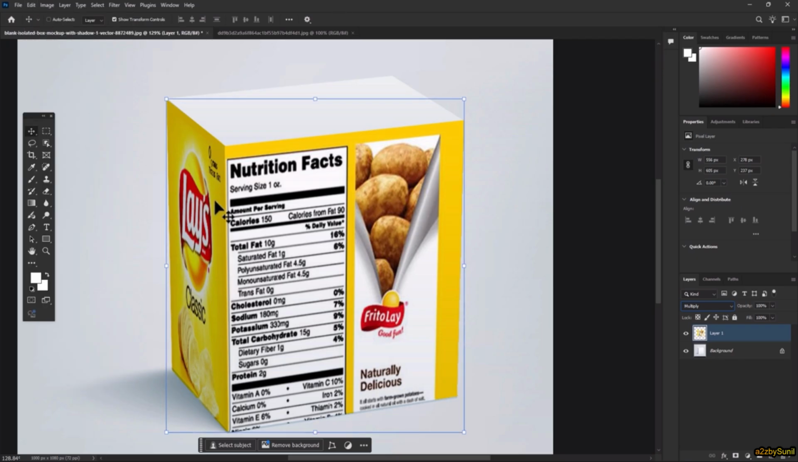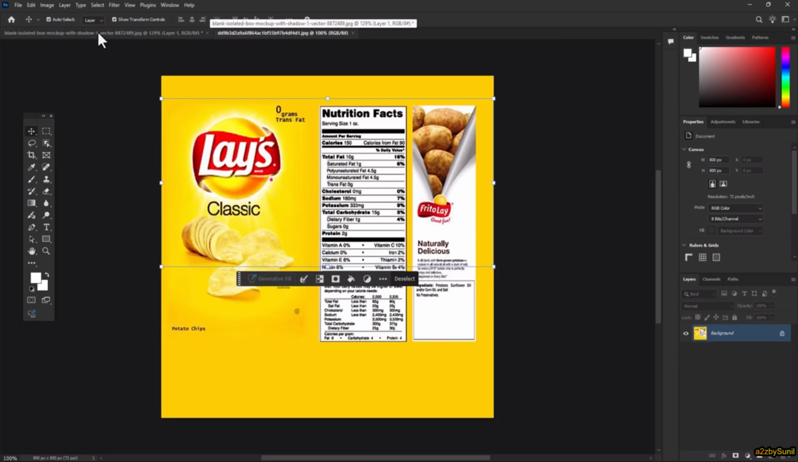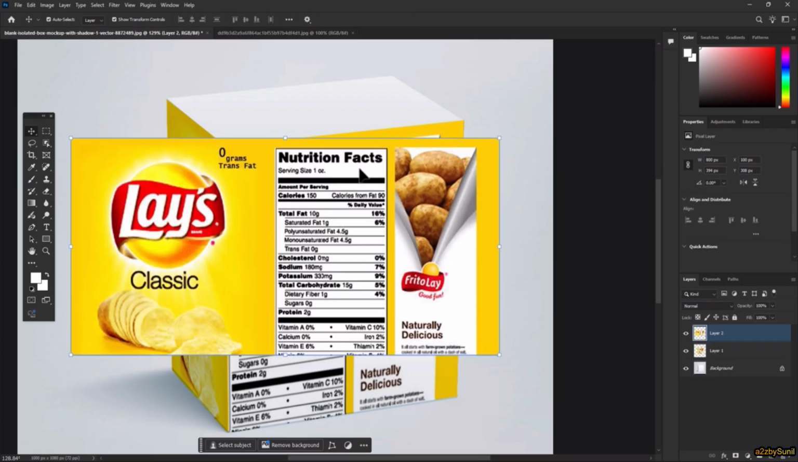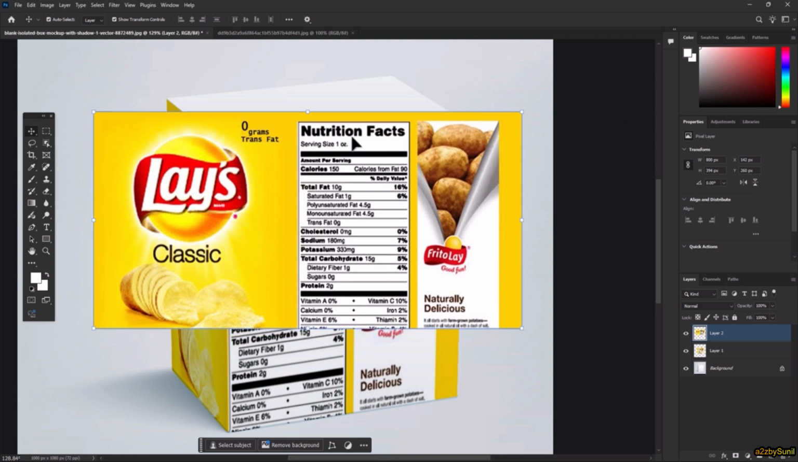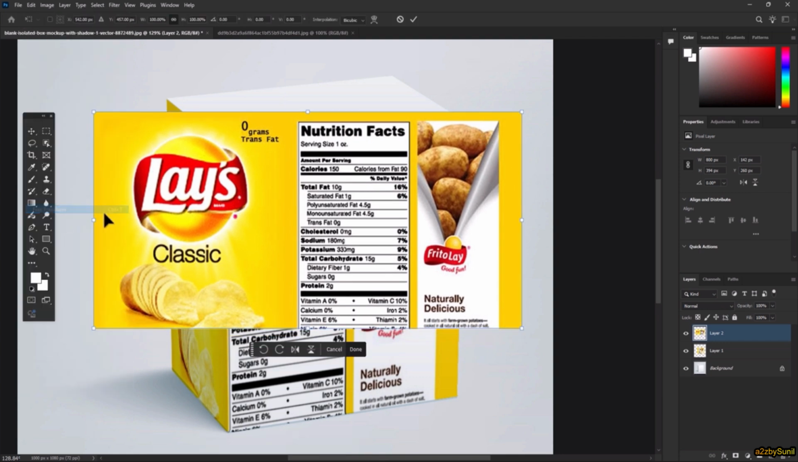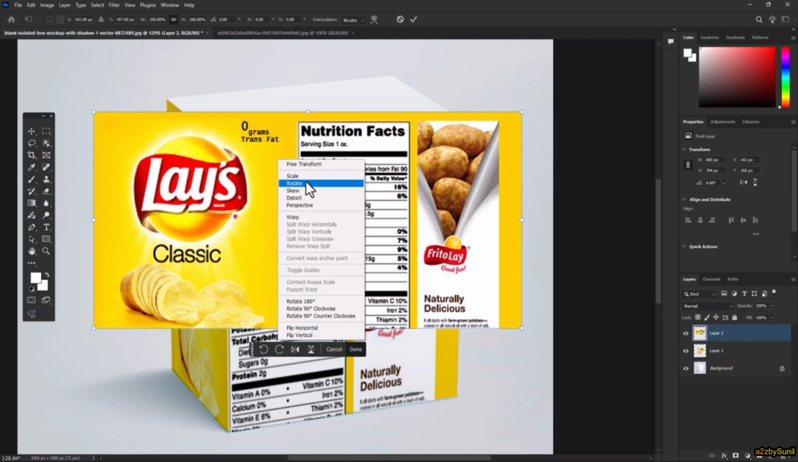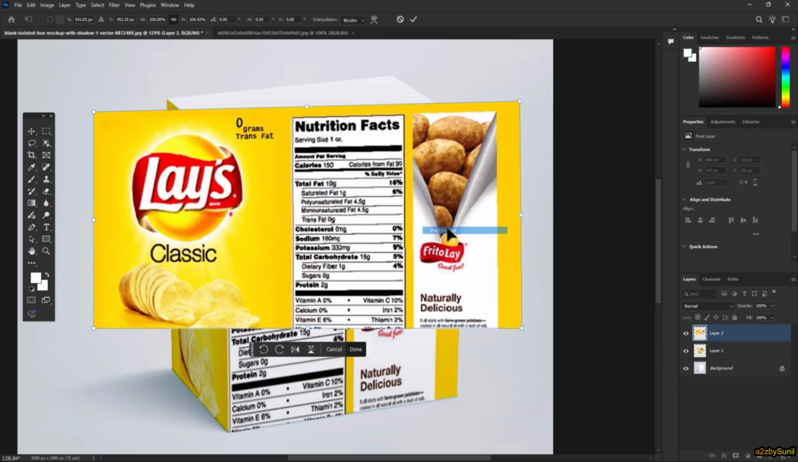So the next one is free transform. Let's paste again. Press Ctrl plus C, Ctrl V. If you need to control the size, rotate, or scale, go to Edit. In one click, free transform. Right click here, free transform: scale, rotate, skew, distort, control like this, perspective, control both